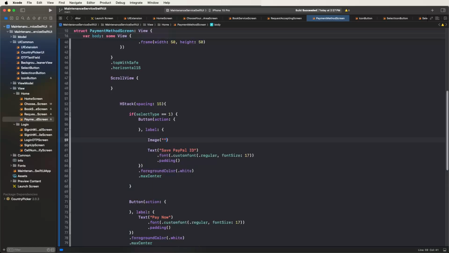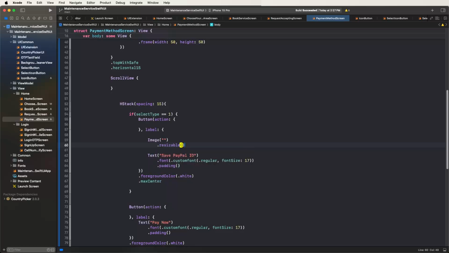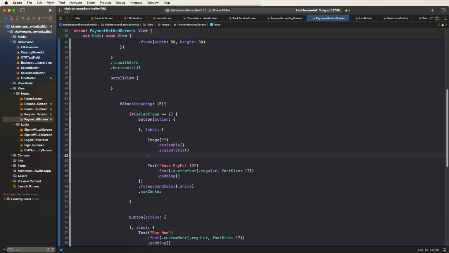Inside we need to set the two types. First of all, resizable, scale to fit, and we need to set the frame width and height. So we need to provide 20